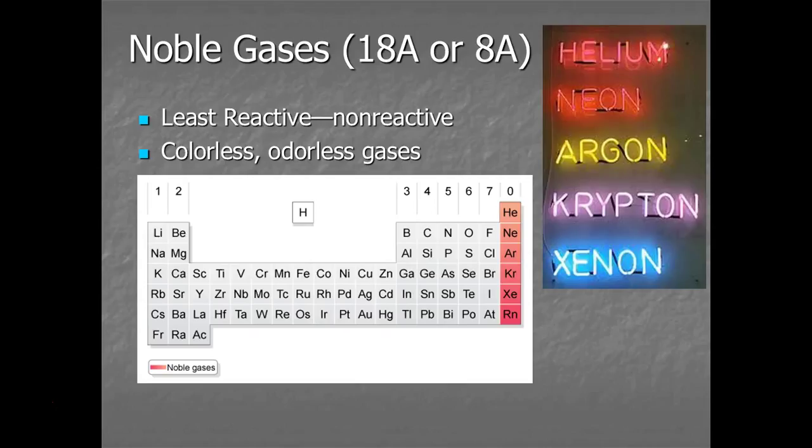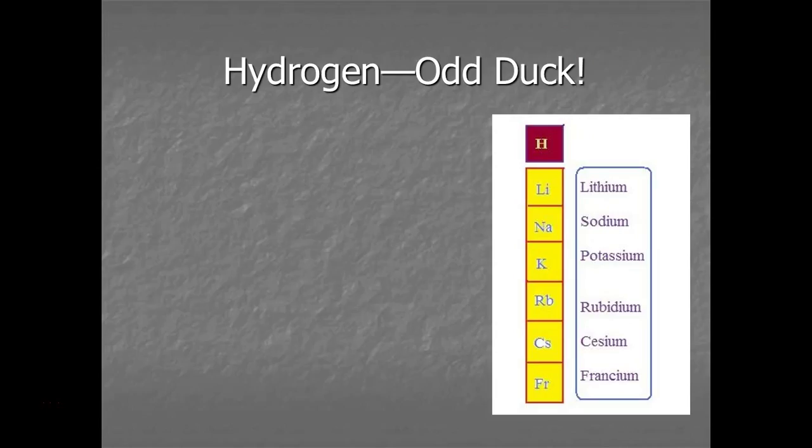The only way that we can really detect them is we know that they have mass, and so if you ever have a gas and you see that it has extra mass, you can kind of sense that maybe there's a noble gas there because it's taking up that extra mass in terms of things that aren't reacting.